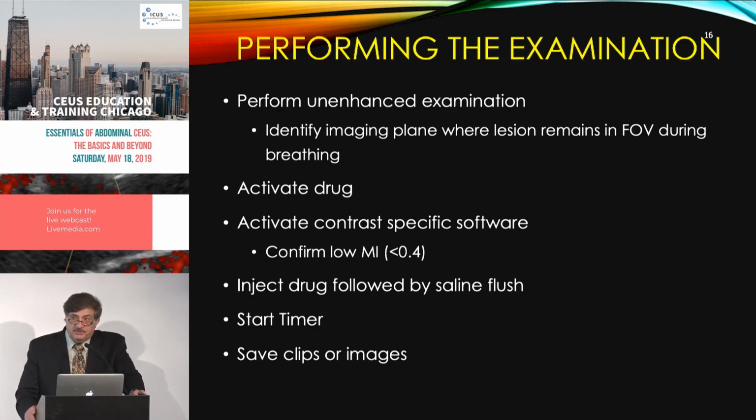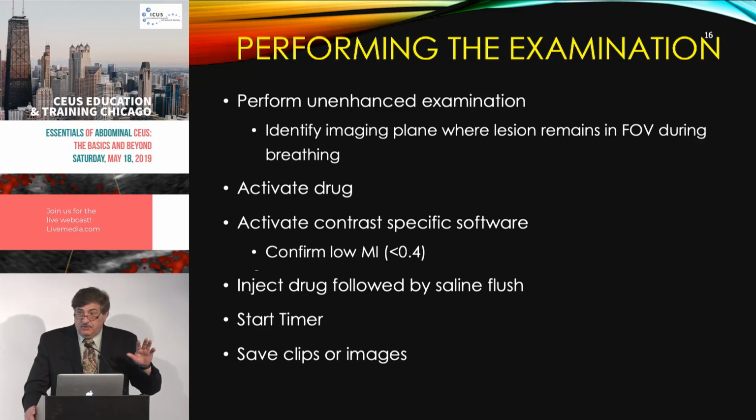So again, in terms of performing the examination, you're always going to do your unenhanced exam first. And the key feature here when you do this is you want to find the plane when you're imaging that the lesion stays in the field of view as the patient's breathing. Because we're going to scan for minutes, you're not going to have the patient hold their breath. So what you want to do is roll the patient, try different windows, but find where, as the patient's doing normal breathing, the lesion stays in the field of view, so you can follow that real-time enhancement throughout all the